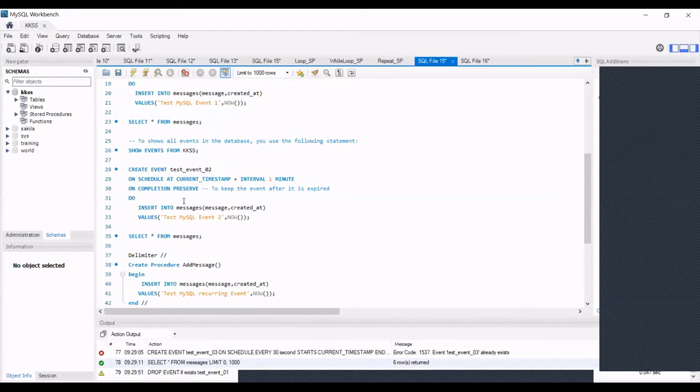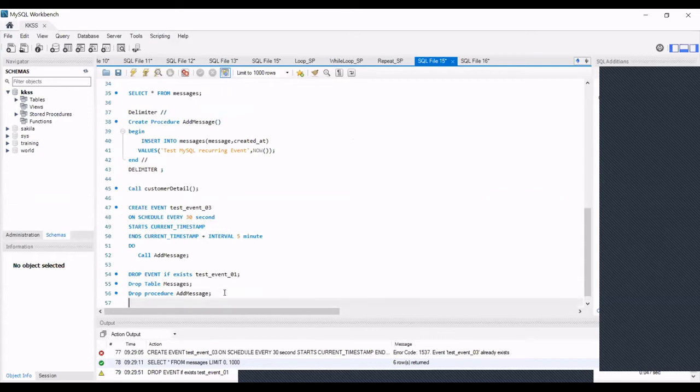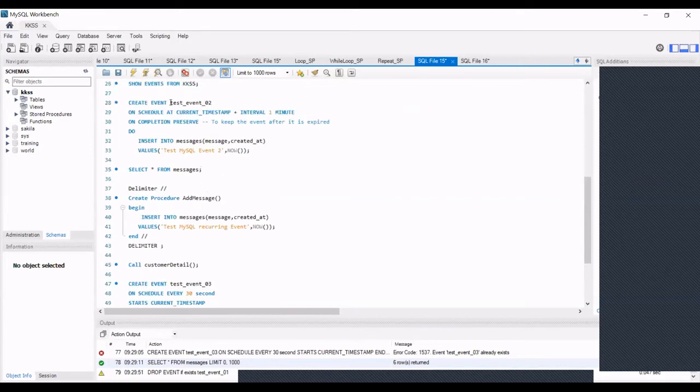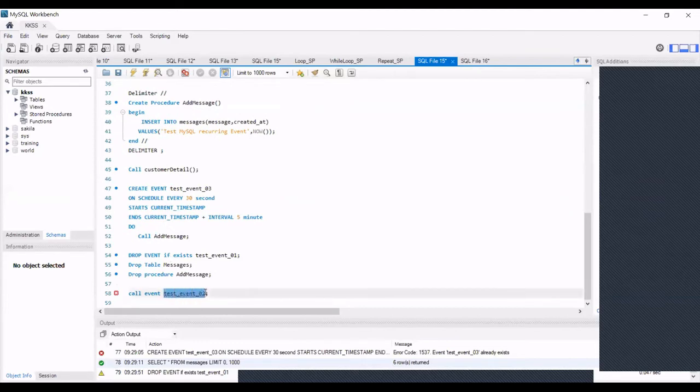What is the syntax for it? Sorry, you can't call an event. You just need to run that event.